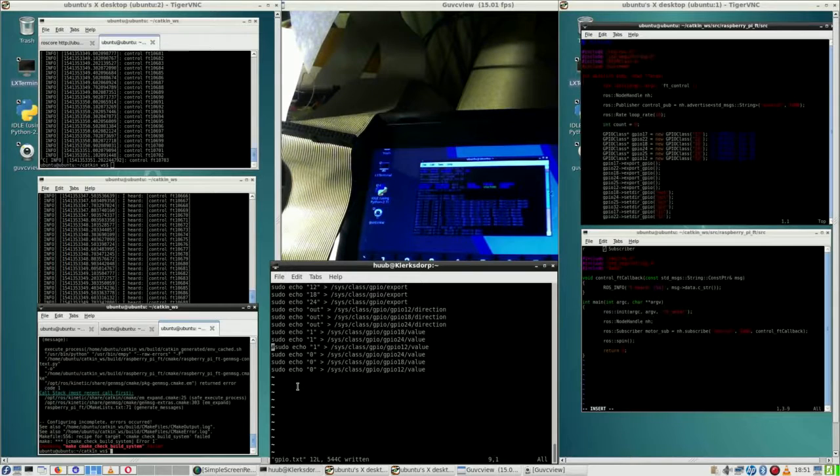That's the whole thing. That's the whole point, of course. So if I now say sudo right here on the tablet, enter,